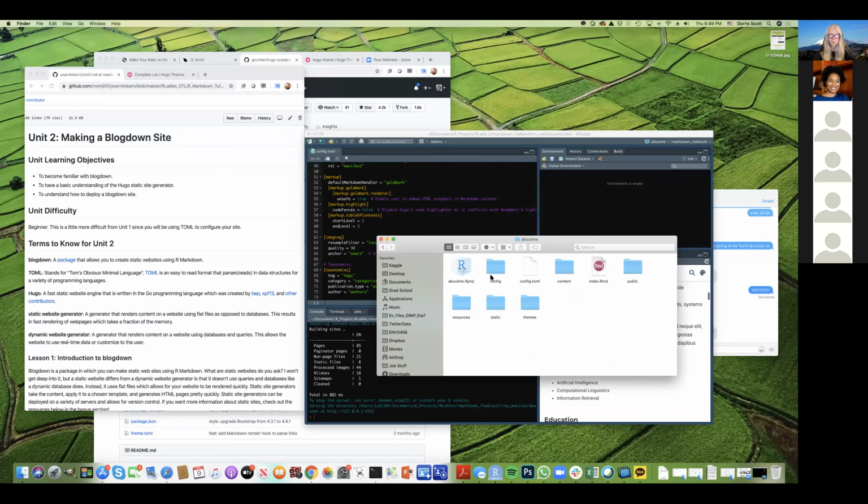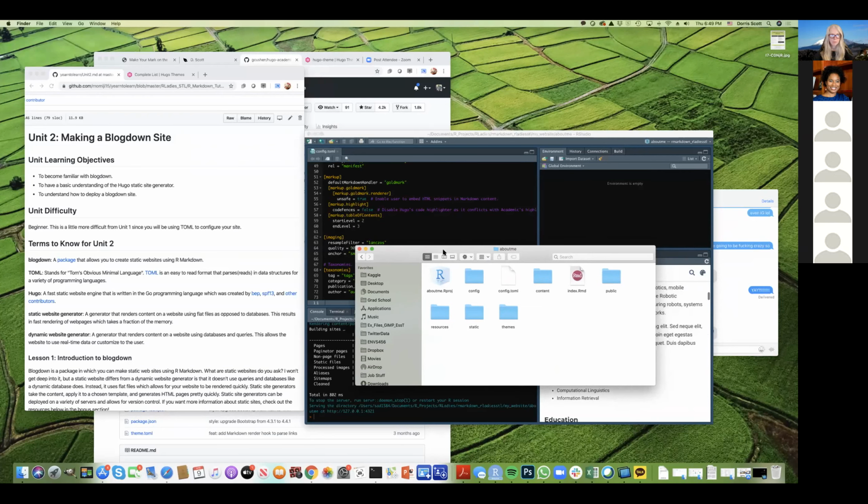Okay. So as you can see, all of these folders appeared. So you have the config, which, like some of these, I'm going to just be honest, I don't know what they do. Because I don't use the academic template, I'm not entirely sure. But this is when you would probably